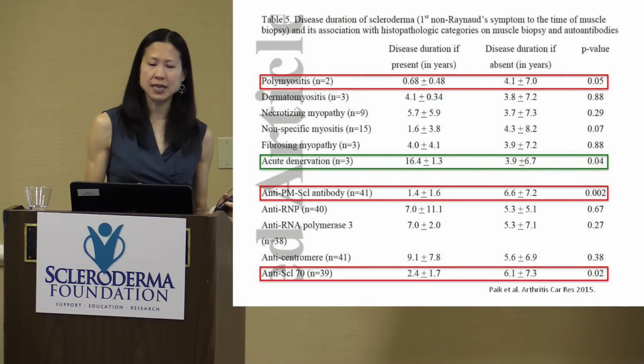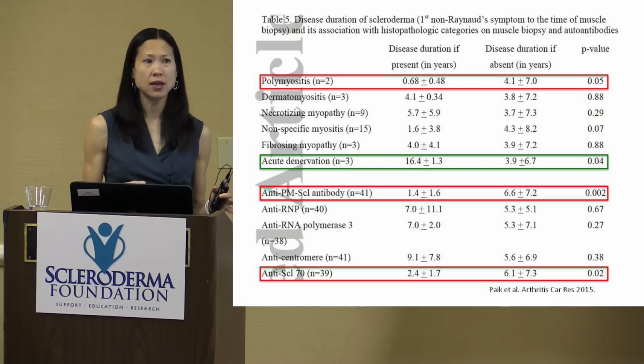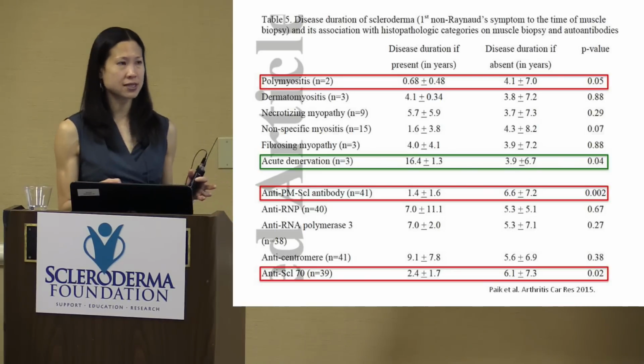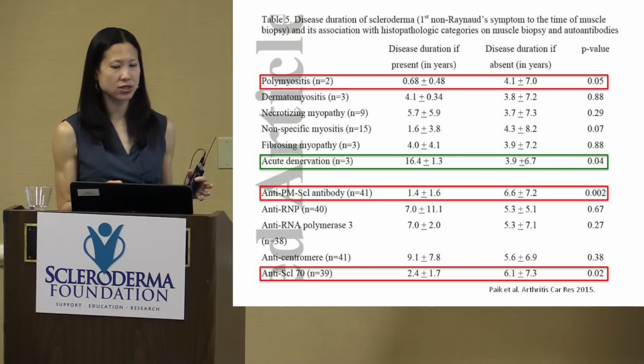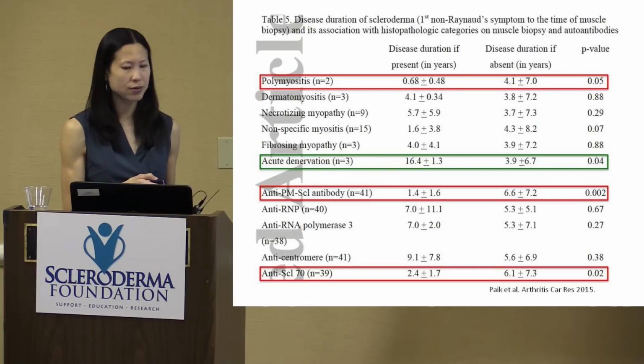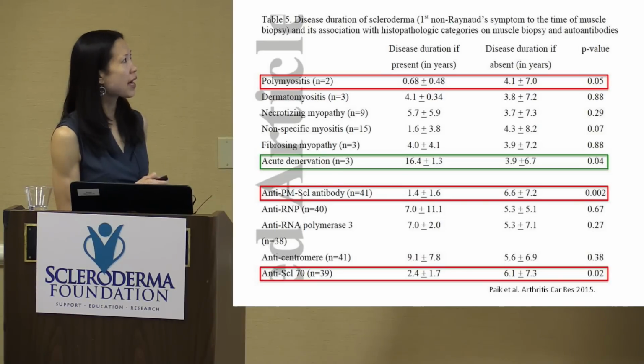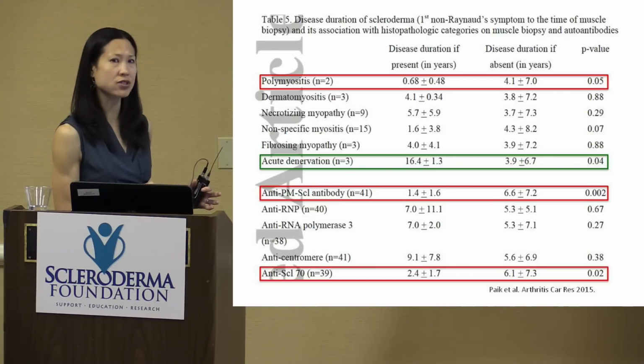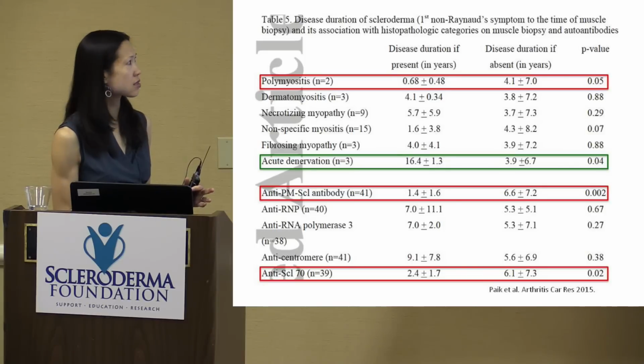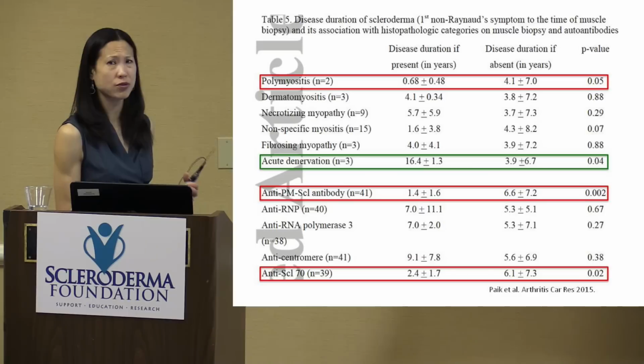This is from the same study and looking at the disease duration of scleroderma at the time of onset of the muscle disease, essentially. This is when the muscle biopsy was performed. And so patients who had the polymyositis form of muscle inflammation had a shorter disease duration between the onset of their scleroderma and the onset of muscle disease. Whereas if they had a lot of nerve damage, they usually had scleroderma for a long time before the muscle